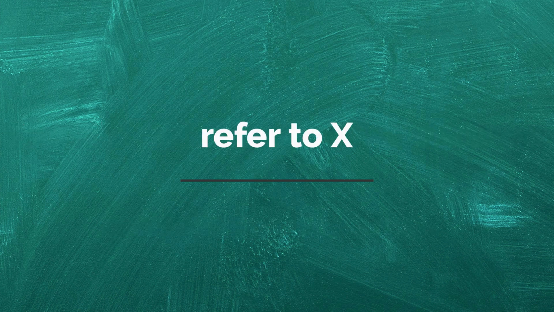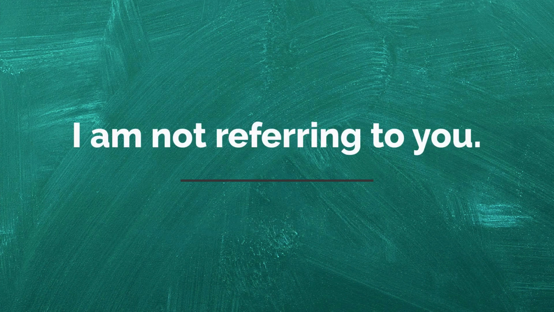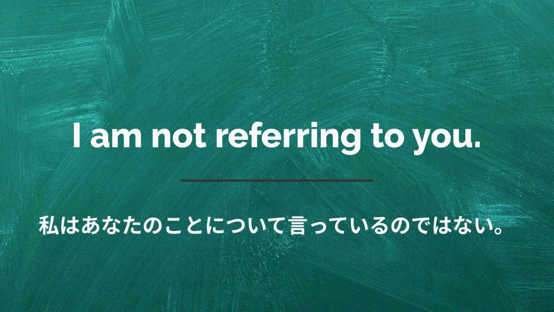Refer to X. X について言及する。 I am not referring to you. 私はあなたのことについて言っているのではない。